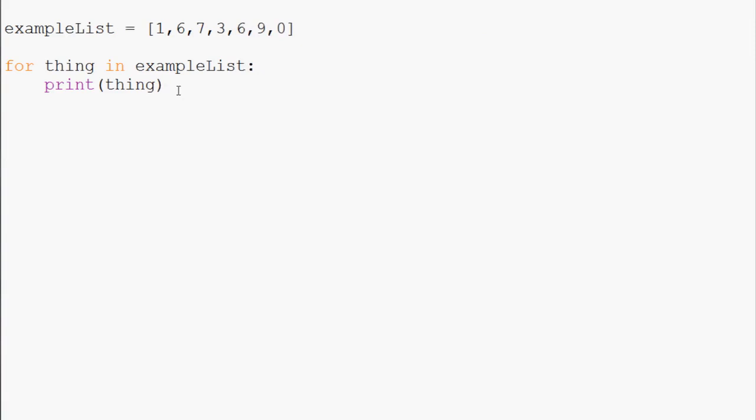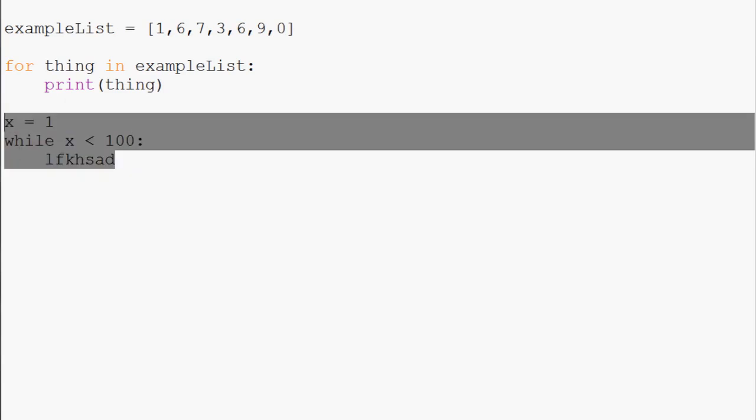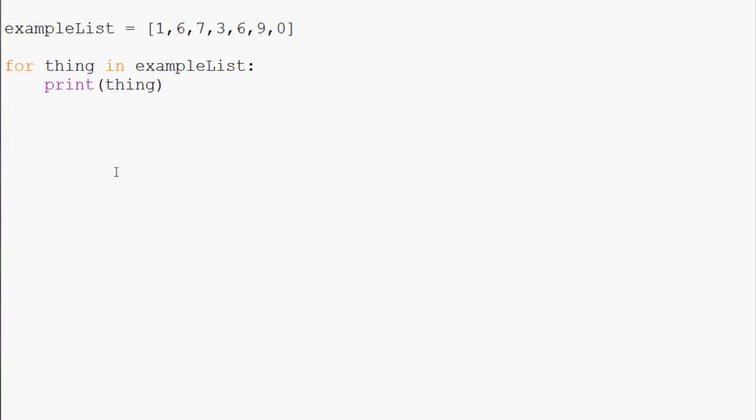Now, even though people tend to use for loops mostly to iterate through lists like this, you can also use a for loop as a very quick way to make a counter. If you recall, our while loop required us to say x equals 1, then while x is less than 100 or whatever, do blah blah. That was a lot of lines to add, and maybe you didn't want to do that much. So another thing that you can do with Python 3, and really any version of Python with the for loop, is for x in range, and then we can say 1 to 11,